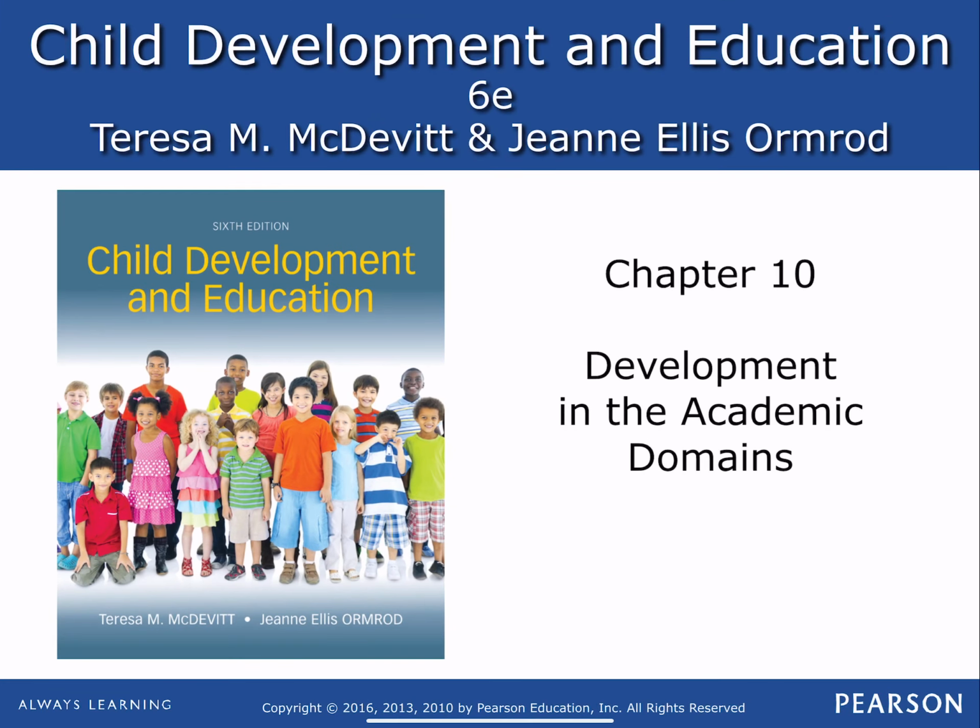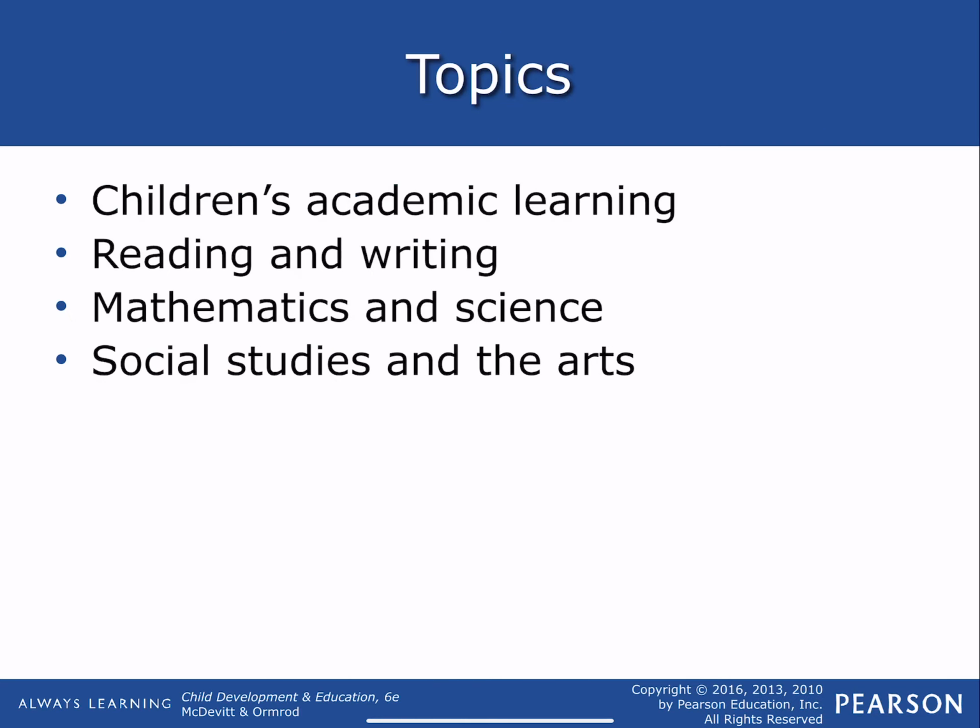Let's start this. Okay. So it gives you this overview in this chapter about the developmental progression of different academic subjects: reading, math, social studies, and the arts. What I want you to get out of this chapter is an appreciation for how different subjects start from their very basic roots and then expand through elementary school to become more and more complex.